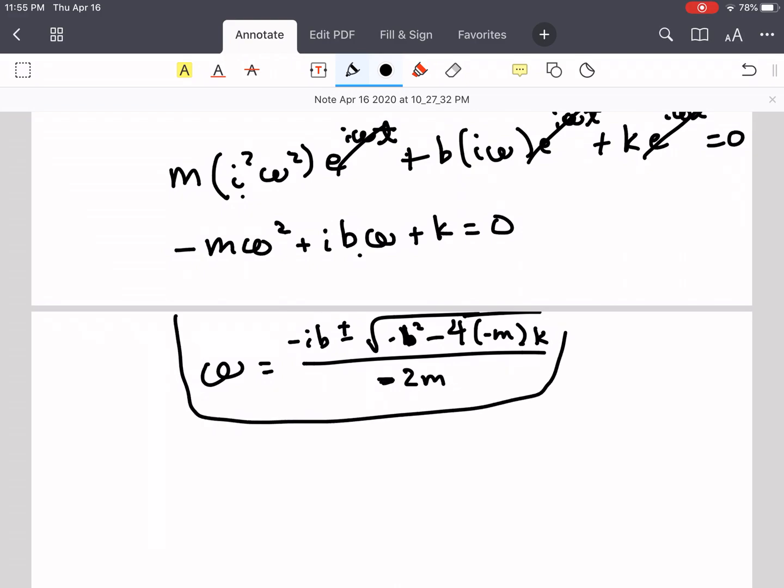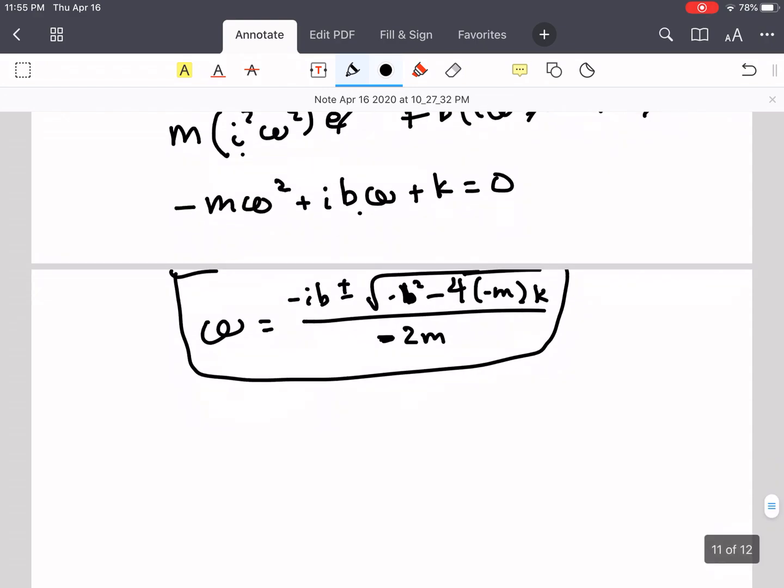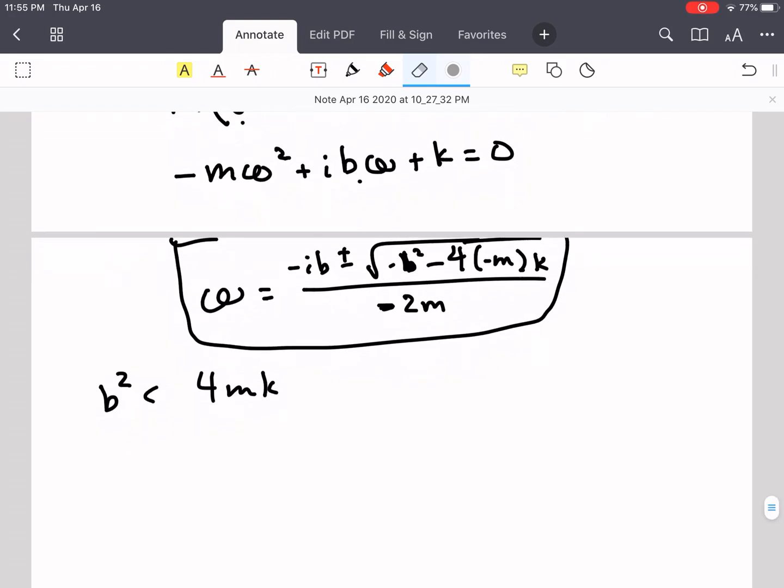And these are the solutions to the problem. Now let's talk quickly about under what conditions this will give damped harmonic motion. Let's consider, for example, the limit where b is very small. In particular, b squared is much less than 4mk. Actually, all I need is b squared less than 4mk. So under those conditions,